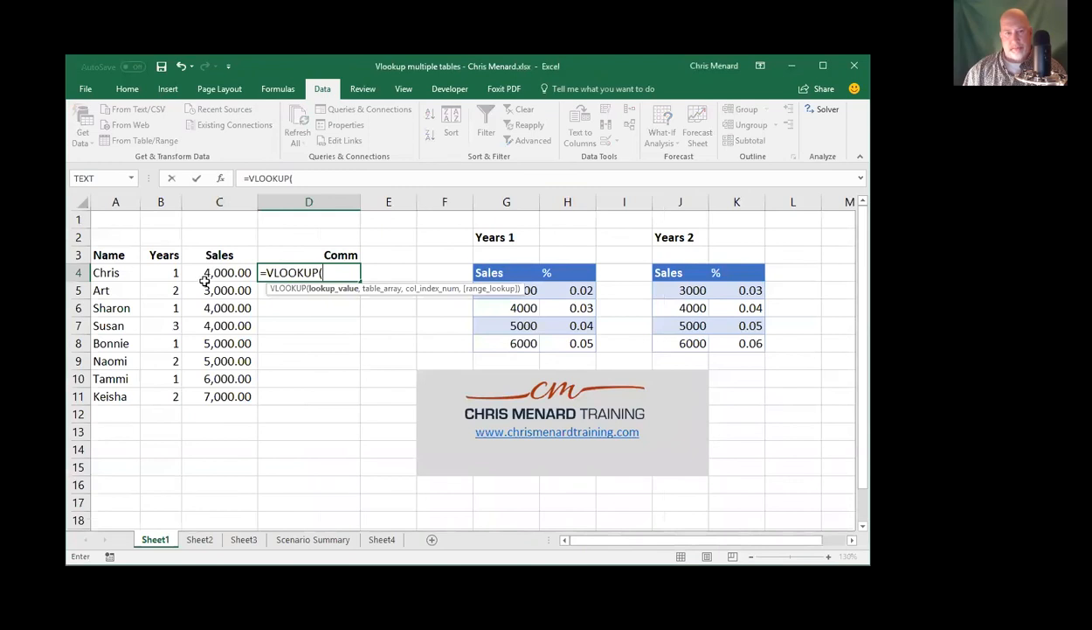And I'm trying to look up C4, comma. And the problem, though, is I've got two tables to pick from. So to get around it, let's use another IF statement. So I'm trying to tie all this together. IF statement. And I'm going to say if B4 is less than 2, which means it's going to be 1 or 0, comma,